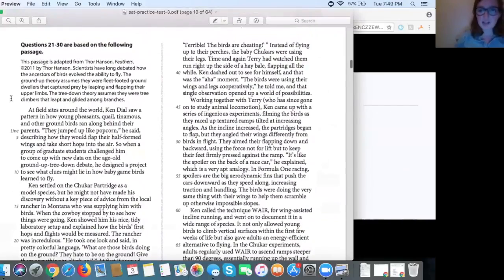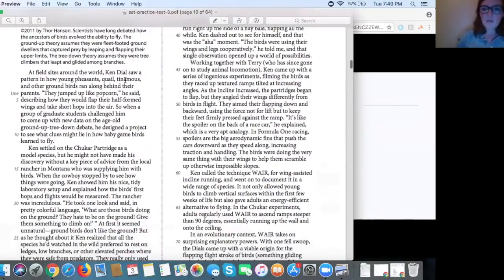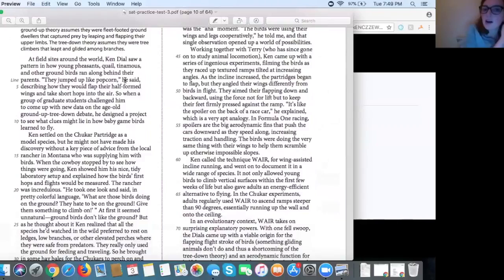Terry Dial was freaked out, but Ken Dial realized that they were using their wings and legs together. Working together with Terry, who has since gone on to study animal locomotion, Ken came up with a series of ingenious experiments, filming the birds as they raced up textured ramps tilted at increasing angles. As the incline increased, the partridges began to flap, but they angled their wings differently from birds in flight. They aimed their flapping down and backward, using the force not for lift, but to keep their feet firmly pressed